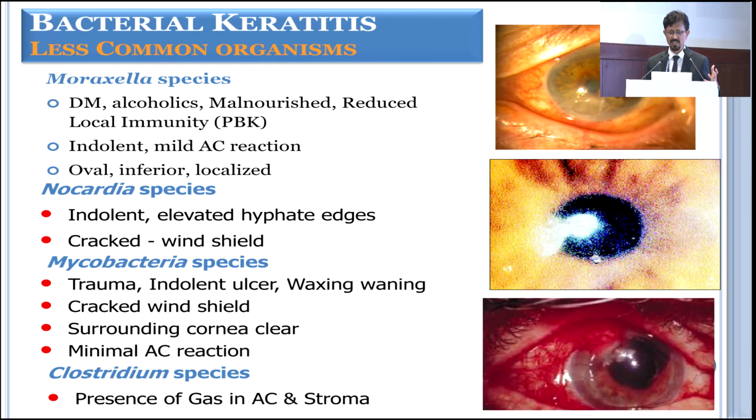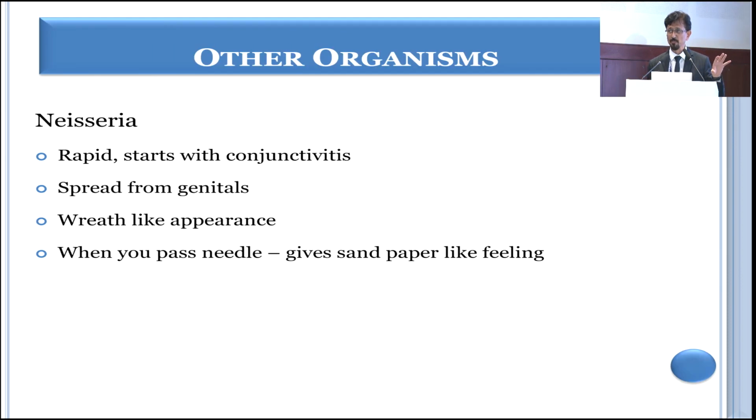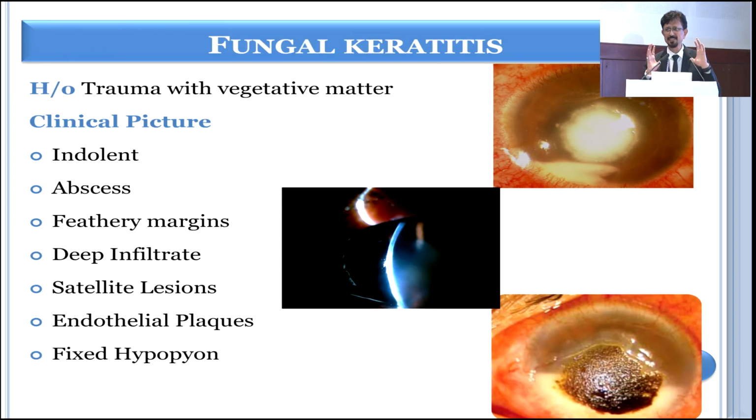Then Moraxella species will mostly be seen in diabetics, alcoholics, and you have these indolent ulcers which are oval-shaped, inferiorly located. Nocardia and mycobacteria can have a cracked windshield appearance. Clostridium can have gas in the anterior chamber as well as in the stroma. If there's infection by Neisseria, you get a wreath-like appearance. So all these things give you an idea what can be the organism, and then you can start your empirical